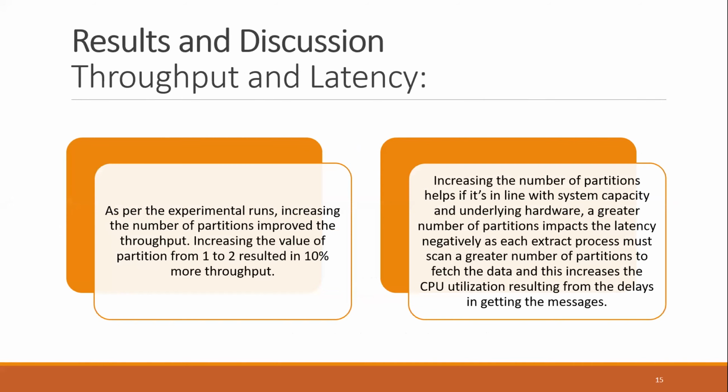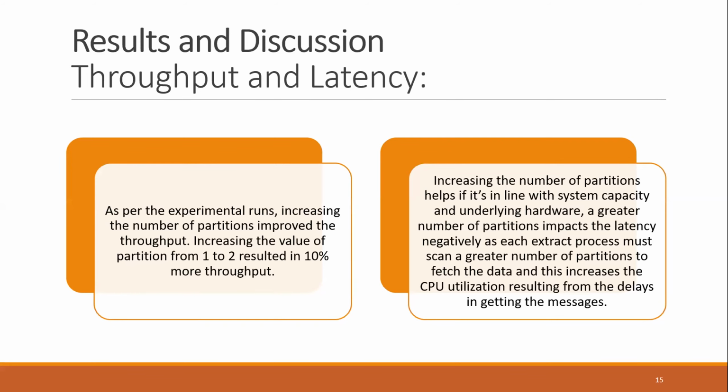For the throughput and latency, as per the experimental runs, increasing the number of partitions improved the throughput, and increasing the value of partitions from 1 to 2 resulted in 10% more throughput. Increasing the number of partitions helps in line with the system capacity and underlying hardware. So basically,